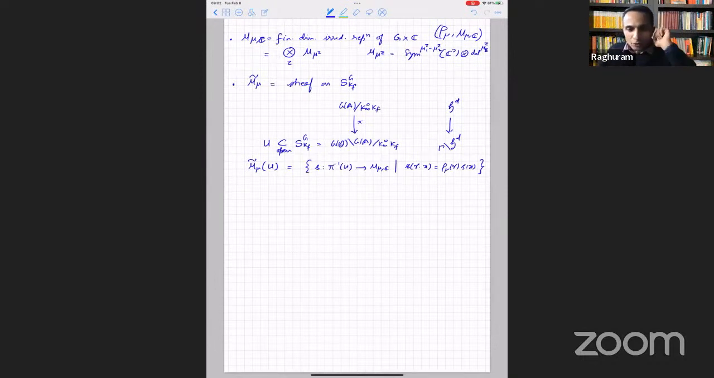And now there's an interesting point, which is even if my irreducible representation mu is an honest to goodness irreducible representation, the sheaf need not be non-trivial. So it is possible for the sheaf to be 0. And there's an easy lemma to prove that the sheaf is not 0 if and only if